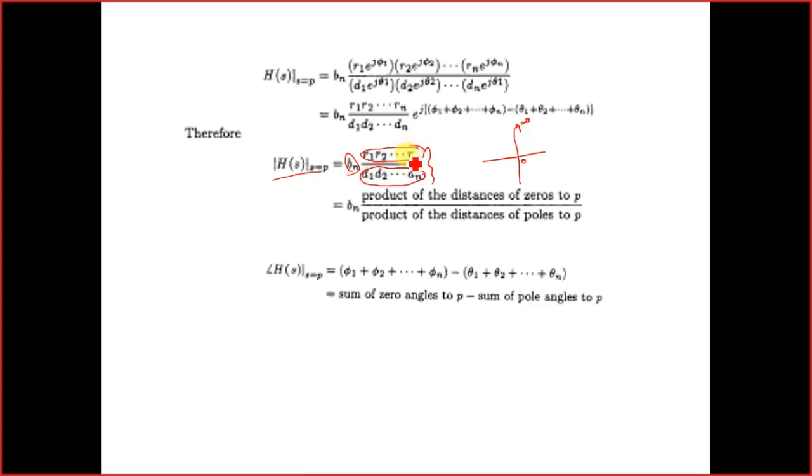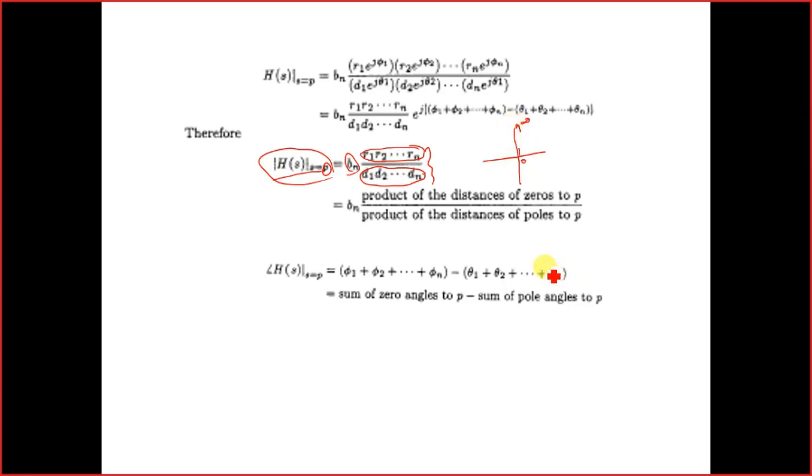So when you design a filter using this formula, first you have to find out what is the response at zero frequency, then you go up, find out what is the response at the next frequency, then you try to go up and find out the frequency response. What I mean to say is that you have to calculate this modulus at each and every p, where p is the point on the frequency axis. Okay,